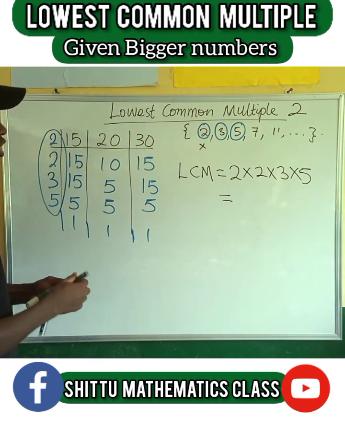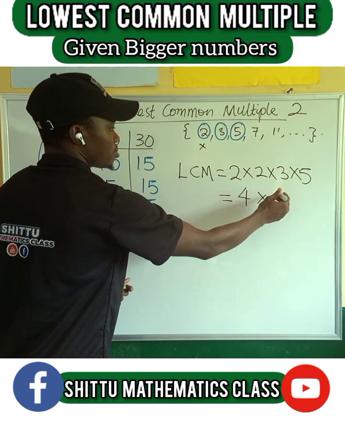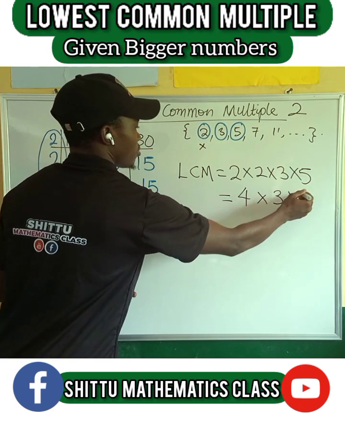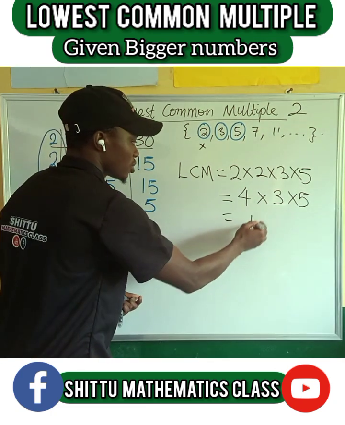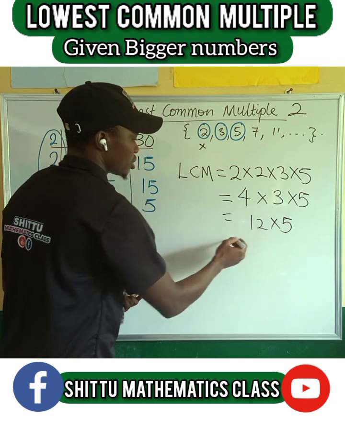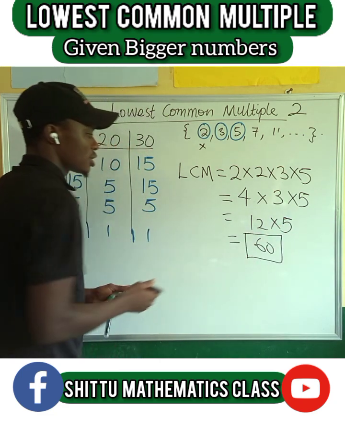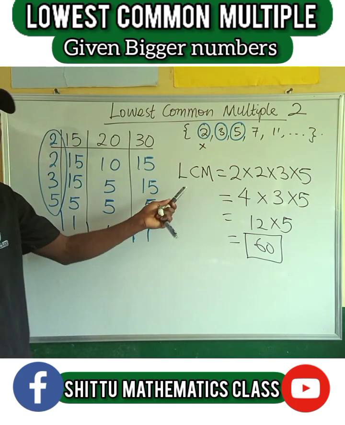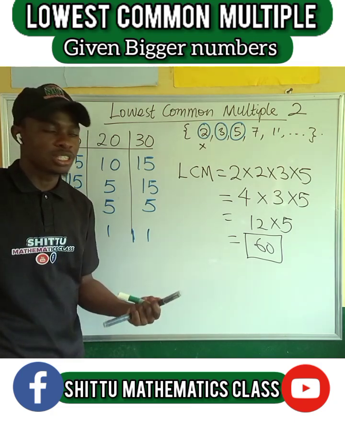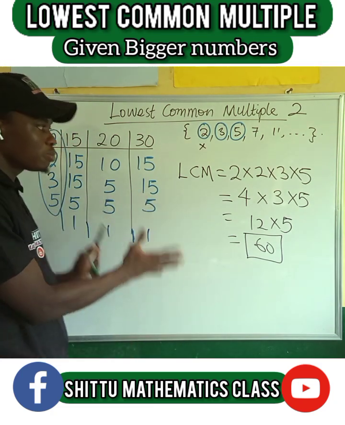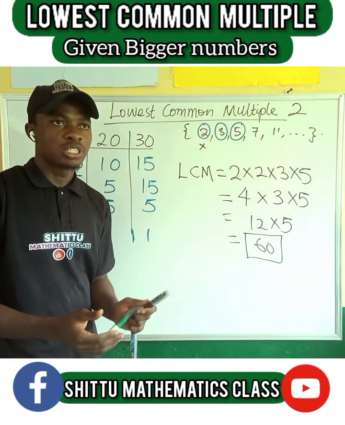2 times 2 is 4, times 3, times 5. Then 4 times 3 is 12, times 5. 12 times 5 is 60. And 60 is the solution to the problem, that is the LCM of 15, 20 and 30. So this is the simplest way you can get the lowest common multiple. Are you getting now? When you are given